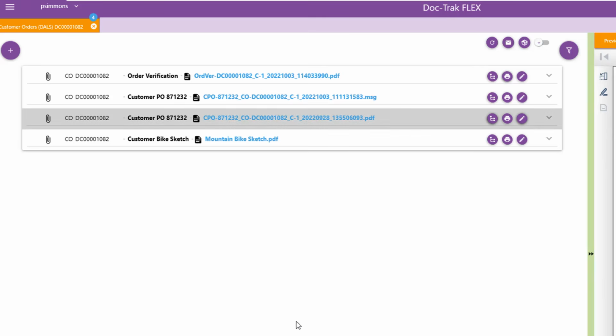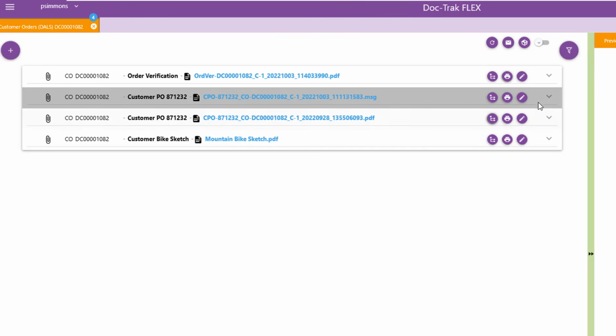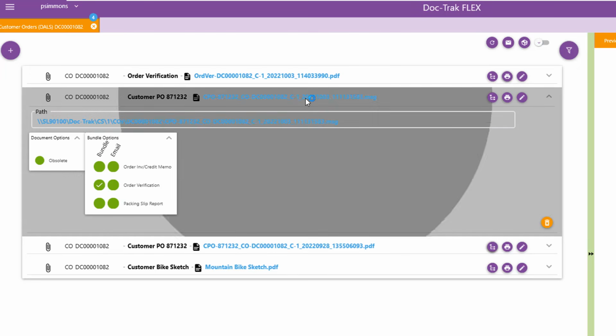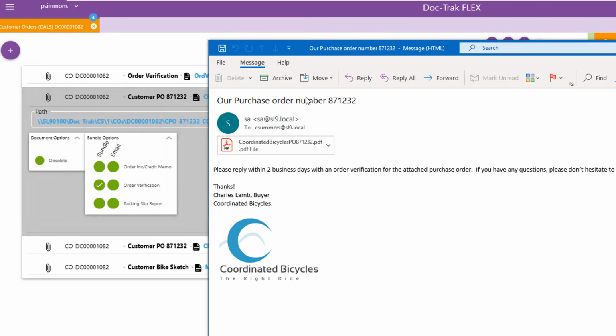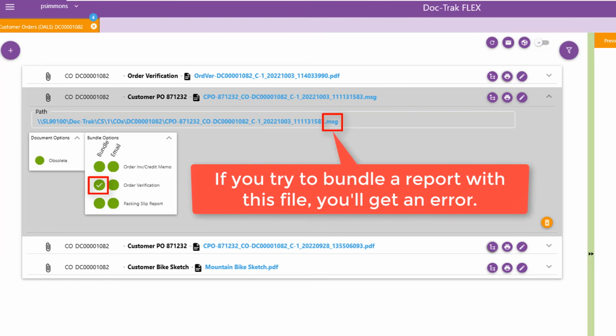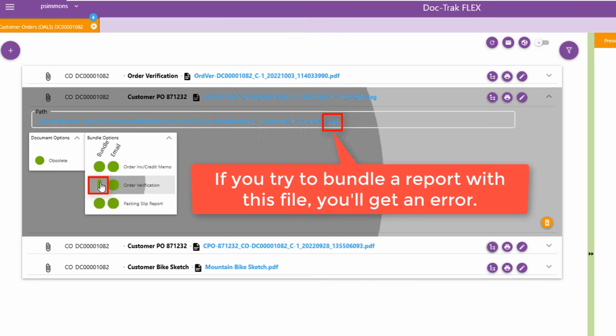Well, think back to when Claire used the document saving rule to drag and drop the entire email for the customer purchase order. By doing that, she generated an MSG file. And the rule she used automatically sets that to bundle with the report. You'll recall that it's important you do not try to bundle a file like that with a report in DocTrack.